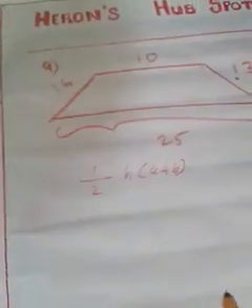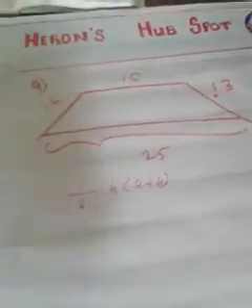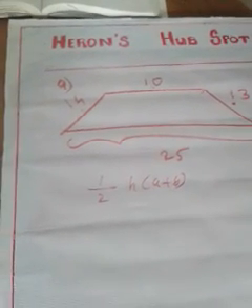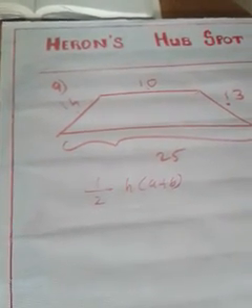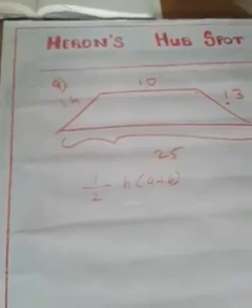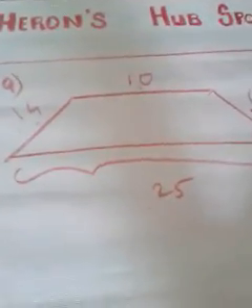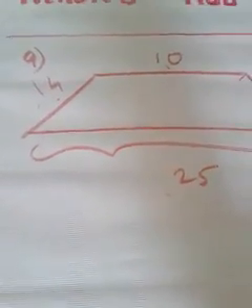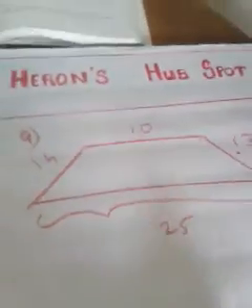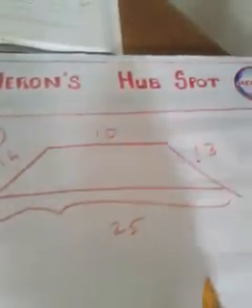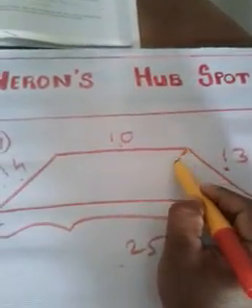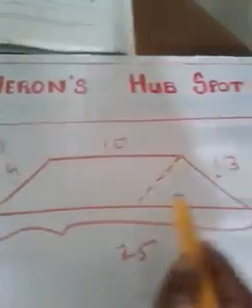If you want to get the sharp answer as in the textbook, another method is there that I am going to explain. I already explained the same method in the video also. If you are comfortable with that half into h into a plus b method, you can use that method. Otherwise, the next method is, just separate the total trapezium as a parallelogram and a triangle.